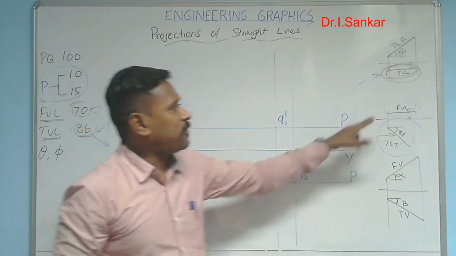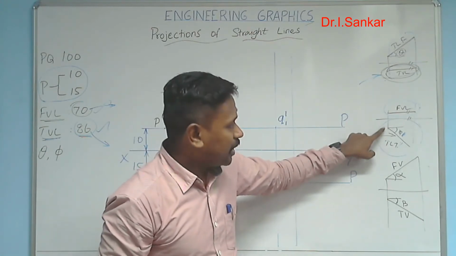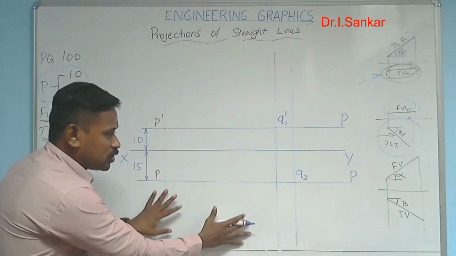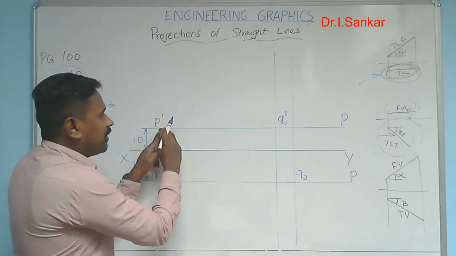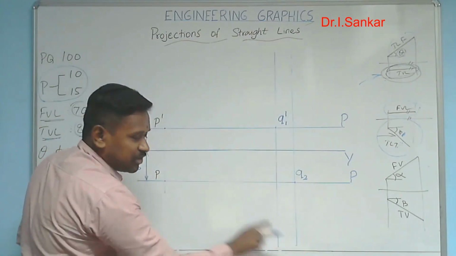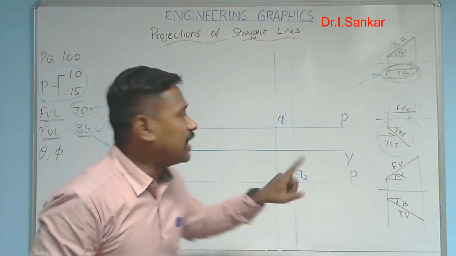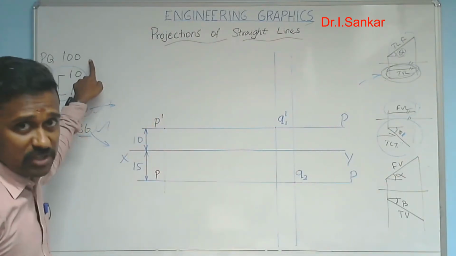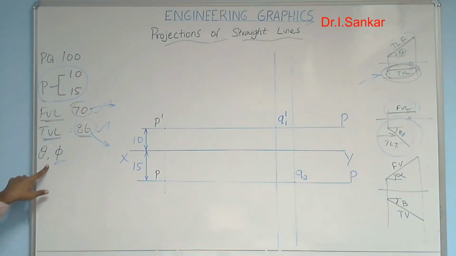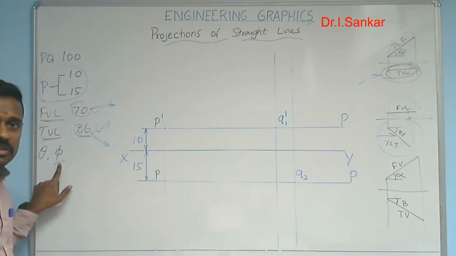The pair of the front view length line is nothing but, in the top view area, you can have the true length line. So here you can draw the true length line with the help of the front view length line, openly saying, by tracking the projector. So actually the true length line in the top view has to be drawn with the length 100 mm, which is given in the question, along with the angle phi. That true length line in the top view area has to be drawn along with the phi angle.